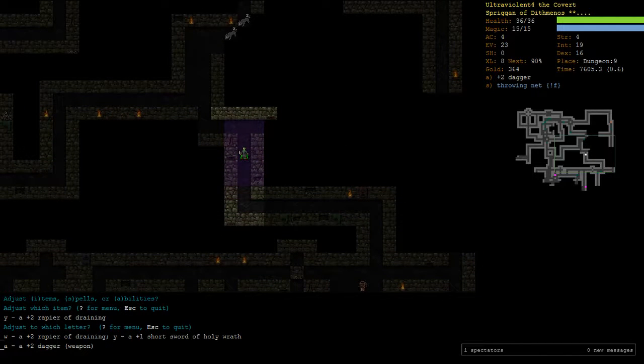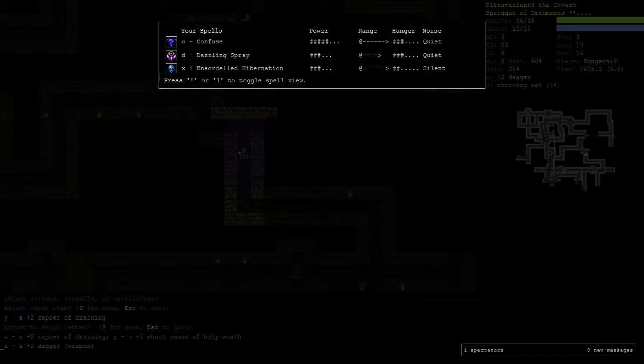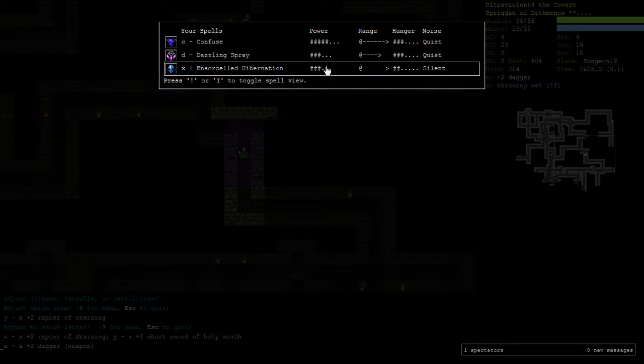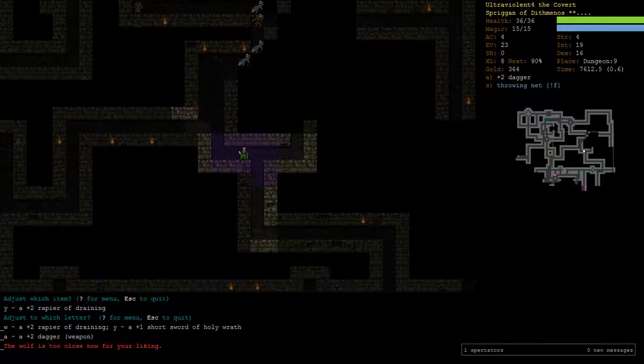Another thing, so we're still focusing hexes. How do we know when to stop focusing it or when to turn it off? If I go Shift I and then exclamation mark, it shows me my spell powers here. So Confuse is 1 point over halfway spell power, and then Hibernation and Dazzling Spray are both still around the middle because they're 2 school spells. This is Hex and Conjurations, and then this is Hex and Ice. So for a while, we're still happy to keep focusing hexes. And why are there no